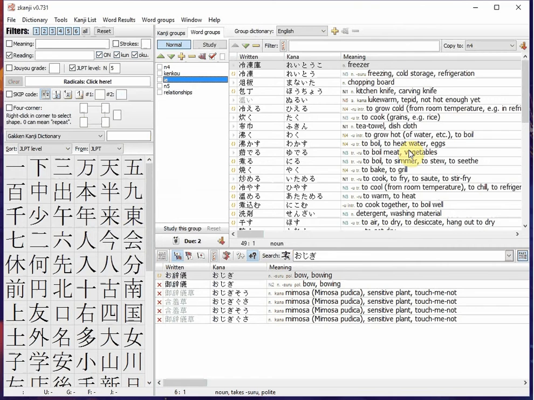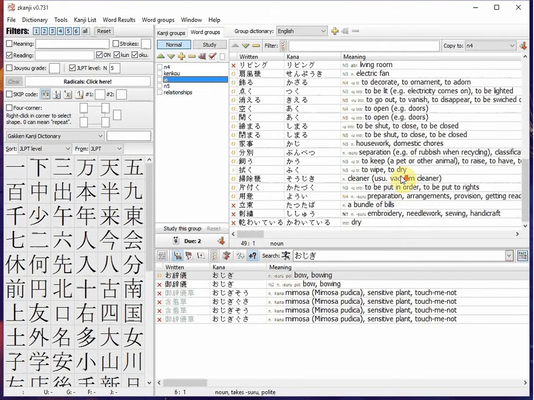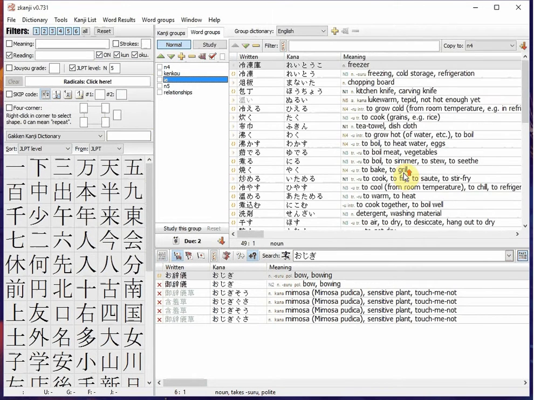So sometimes the definition that the dictionary gives doesn't make much sense to you, or maybe it's too general, or maybe you know that in the context where you came across this word, it means something slightly different,